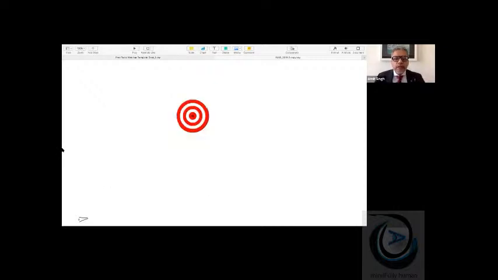Here's the target. If you see the black dot in the center, without putting much effort, you can visualize it, see it clearly, and the concentric circles around it. Now, if I introduce some clutter around it, you will have to make some effort to keep your eye and attention towards the target.